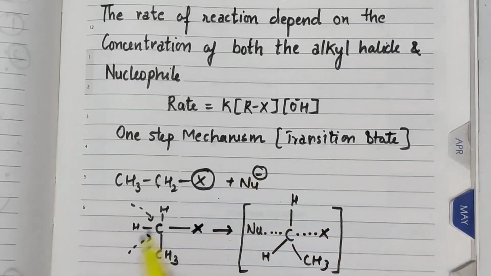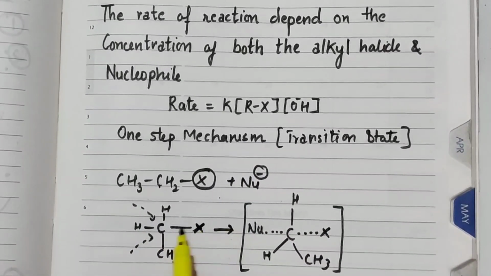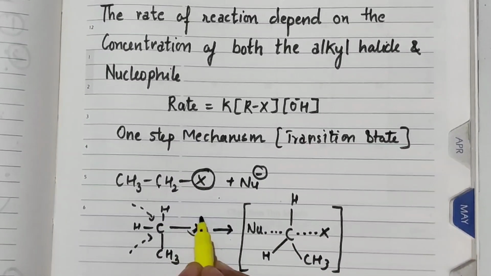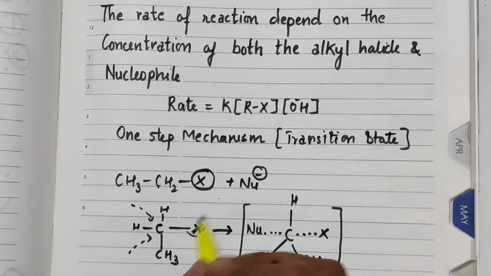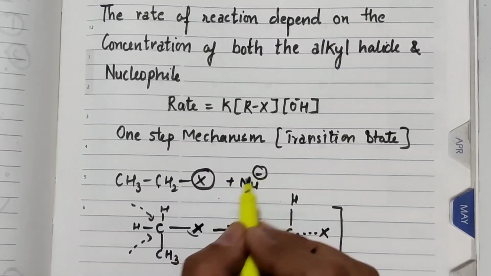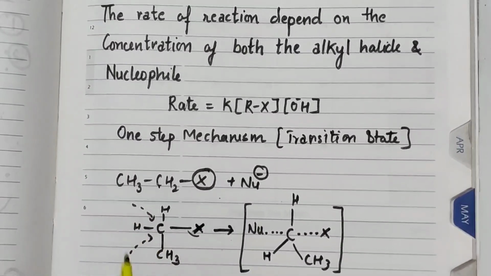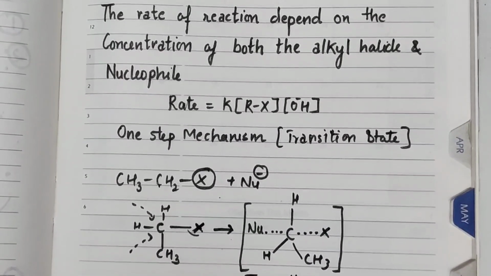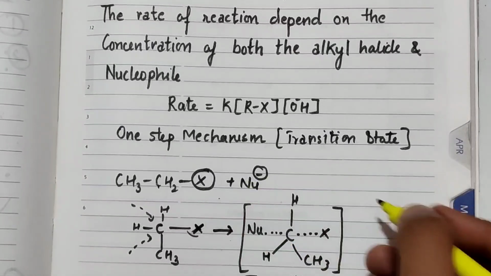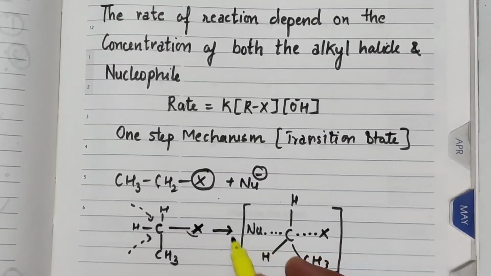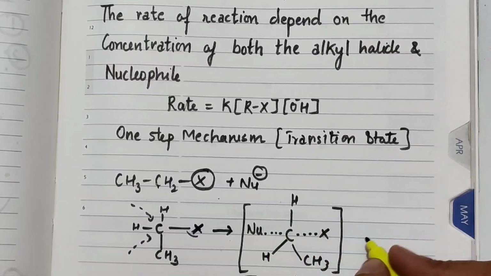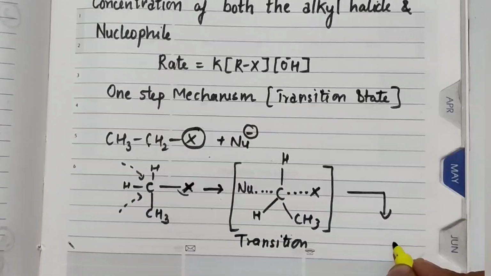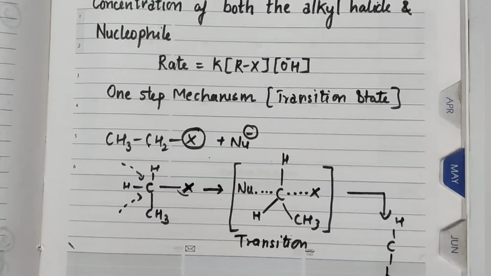First of all, the nucleophile attacks from the back side only, because the front side itself can repel from this nucleophile. आगे का ये खुद एक नेगेटिव चार्ज न्यूक्लियोफाइल है जो दूसरे नेगेटिव को रिपेल करेगा. दैट इज वाई न्यूक्लियोफाइल बैक साइड से यहाँ पे डायरेक्ट हुआ. अब डायरेक्शन में एक ट्रांजिशन स्टेट फॉर्म हुई. ट्रांजिशन स्टेट में बॉन्ड ब्रेक और मेक एक ही टाइम पे हो रहा है. एक्स जैसे ब्रेक हो रहा है उसी टाइम पे न्यूक्लियोफाइल यहाँ पे फॉर्म हो रहा है. सो फाइनली एक्स विल लीव आउट एंड द फाइनल प्रोडक्ट वी गेट like this.